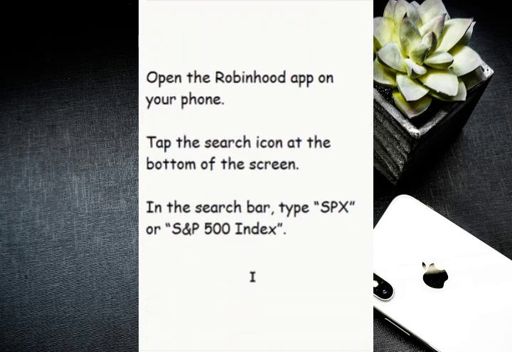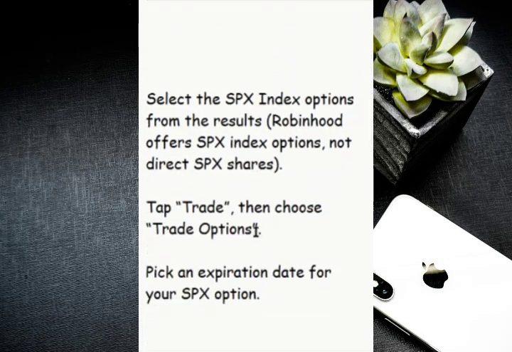Then in the search bar type in the following prompt, which is SPX or the S&P 500 index. Make sure you type in those prompts into the search bar. Then from there you have to select the SPX index option from the result. So once that is done, tap the trade, then choose the trade options, then pick an expiration date for your